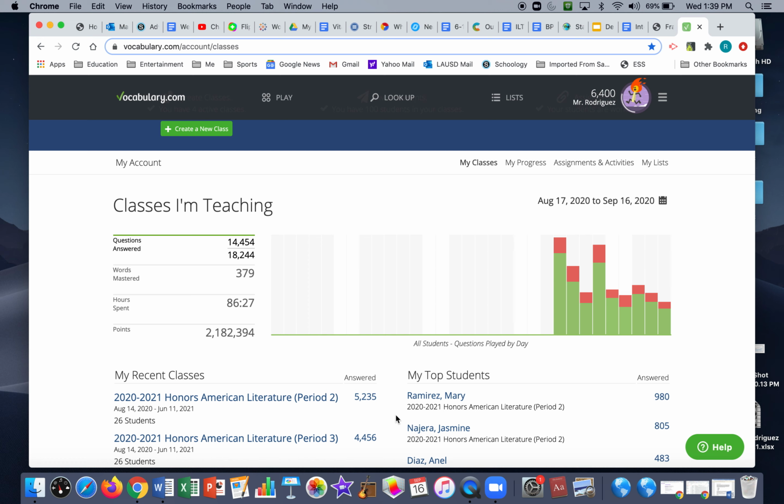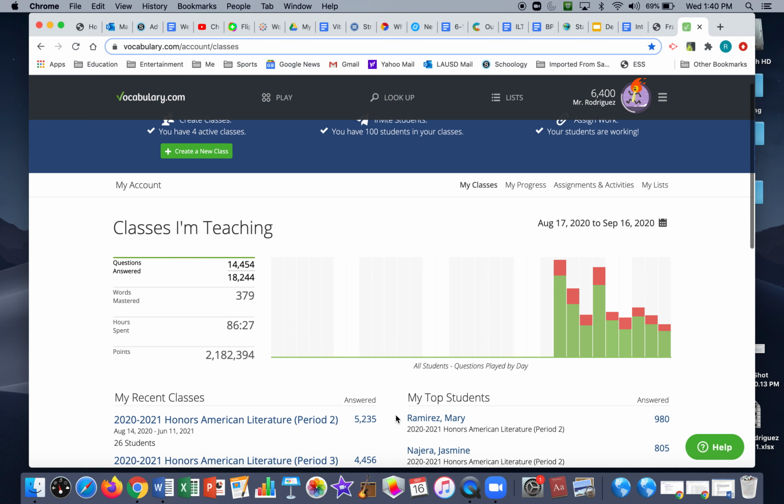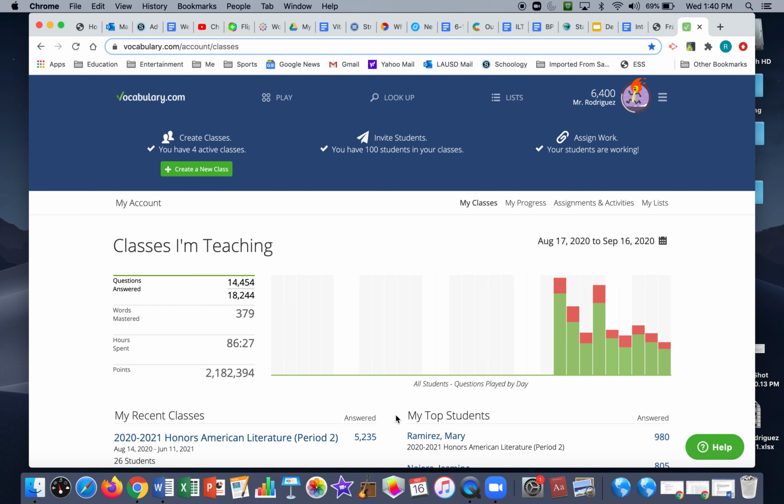So it might be something that we want to explore with our trust fund monies coming up. I think both Miss Cardenas and I are good for the rest of this semester, and we'll probably put in for a renewal of it, but we might want to do it for the whole department. It's sort of up to you if it's something you want to explore. If you need more information about this, let me know,